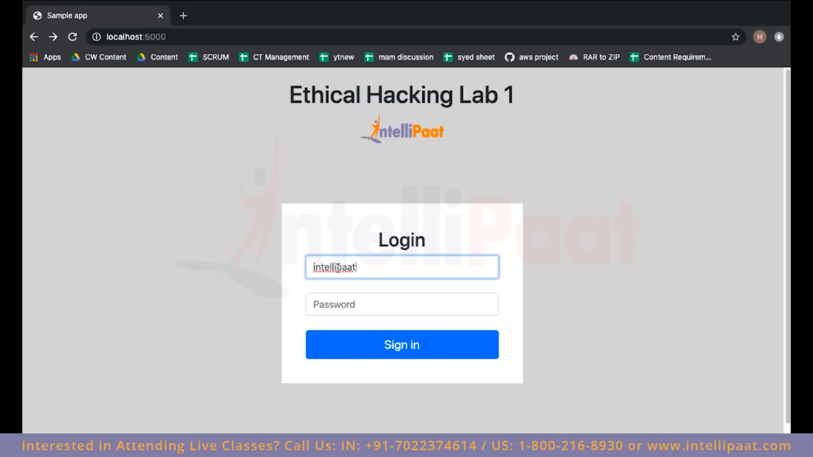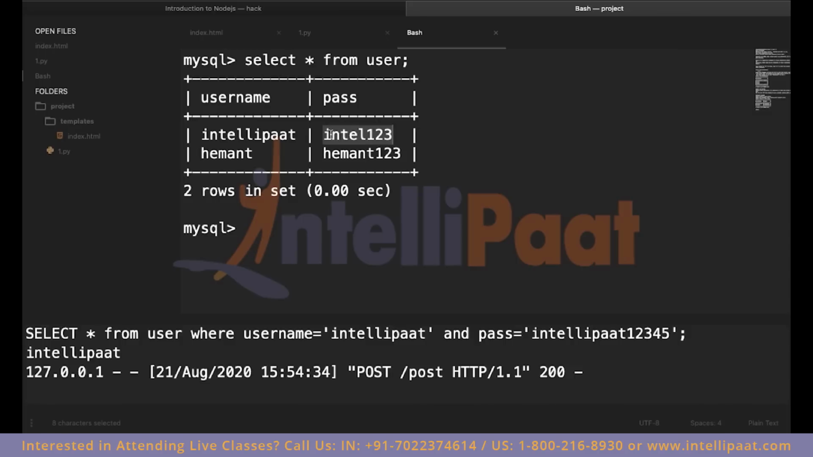Similarly, let's say I enter the username as Intellipaat and now I enter a wrong password, let's say Intellipaat1234. If I click on sign in, in that case, it is going to tell me login failed. Why? Because in my database for the username Intellipaat, the password is Intel123. So I can add more